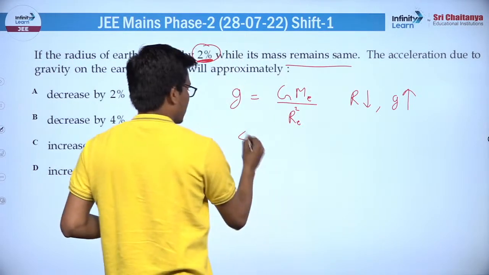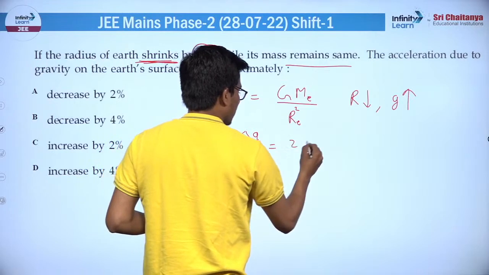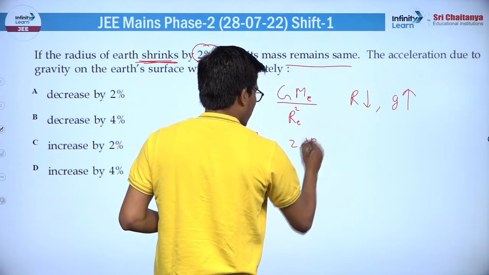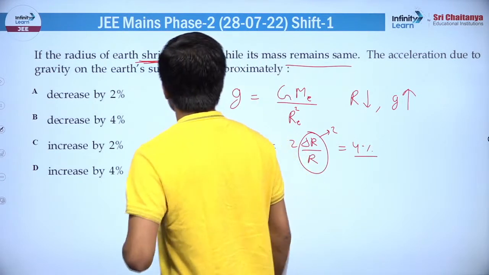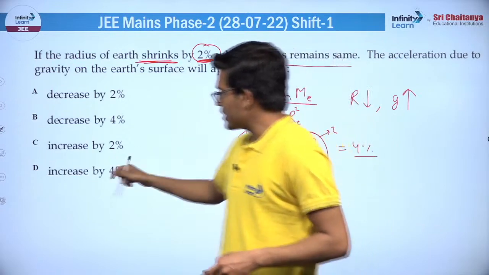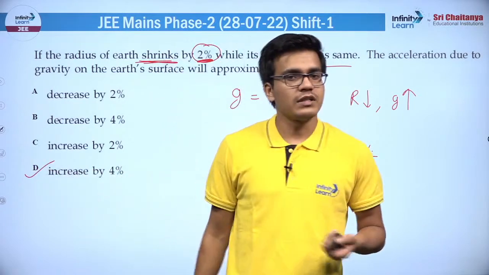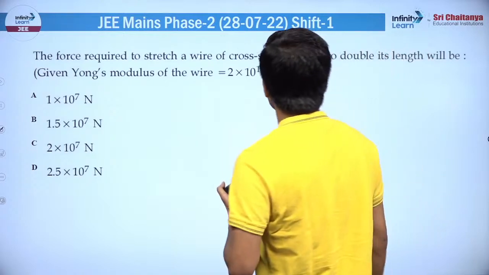And by the error analysis, because the change in Re is very small, I can write it as 2 into delta R by R, and this is something given to you too. So the percentage change in g should be 4%. And if the radius is decreasing, g will increase by 4%. That is option D. Moving to the next question, the force required to stretch a wire of cross section